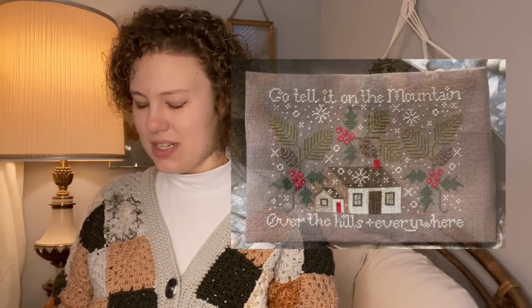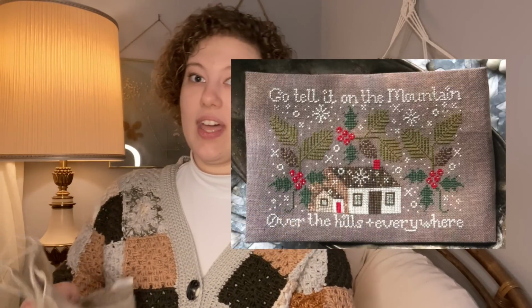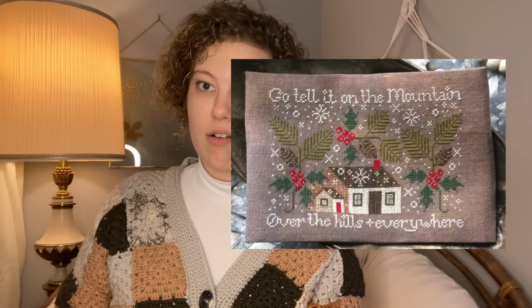And then this was my Christmas start for 2023. This is Go Tell It on the Mountain by Heartstring Samplery. It came out at the Jingle Ball, so I think you have to wait another year before this will be a general release. I'm stitching this on 32 count Hazelwood using Color and Cottons from my stash, and it's